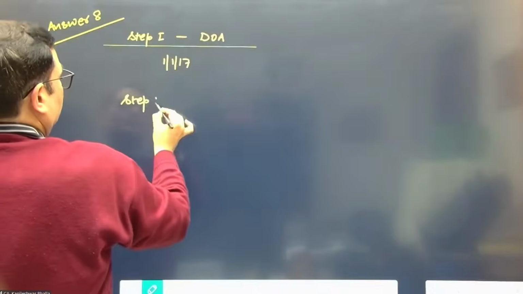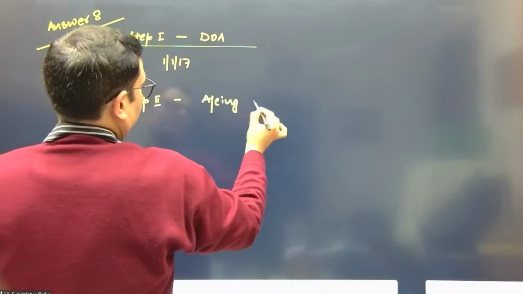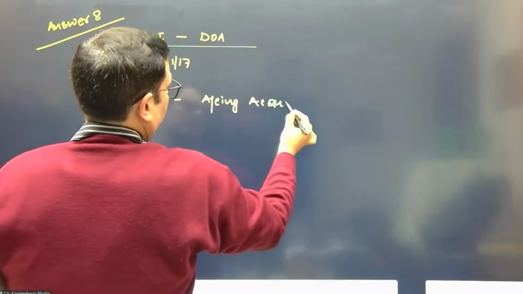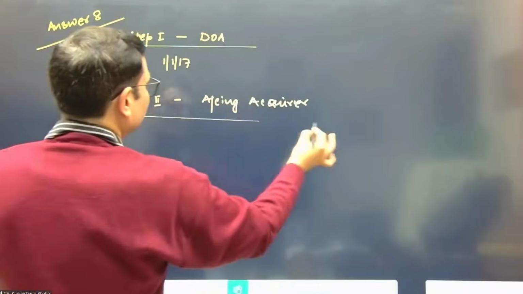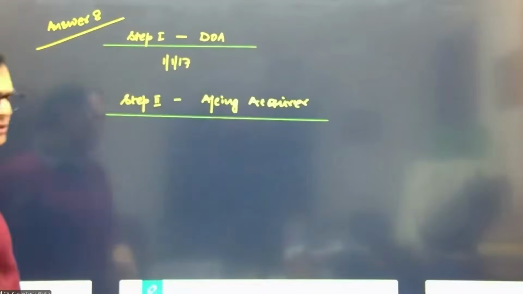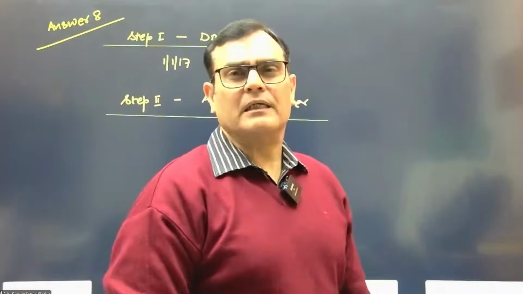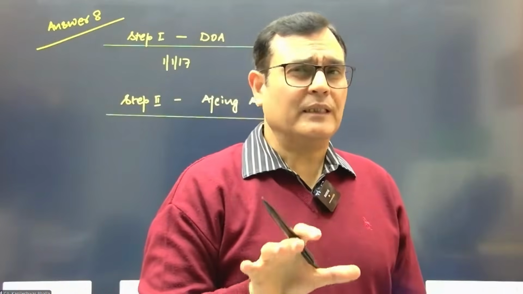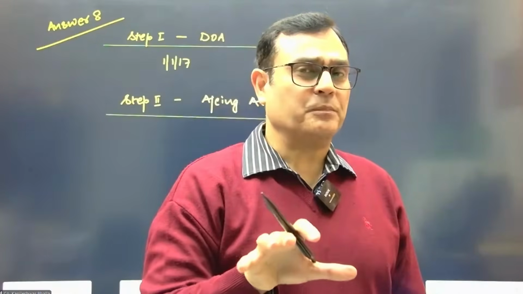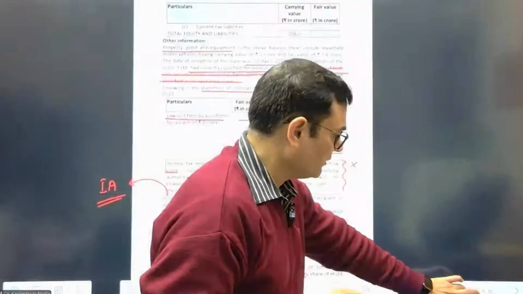Then we go to step number 2, get the accounting acquirer. In this particular case, is the consideration primarily paid in terms of shares? I would say no, because in this particular case, we have a contingent consideration which is paid in cash as well. So I don't think we can really assess the percentage pre and post business combination. So I think we'll directly consider the accounting acquirer.